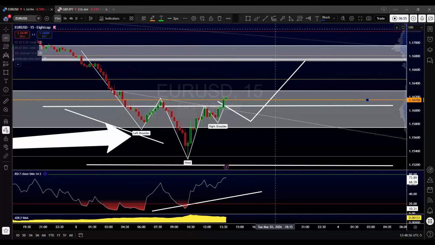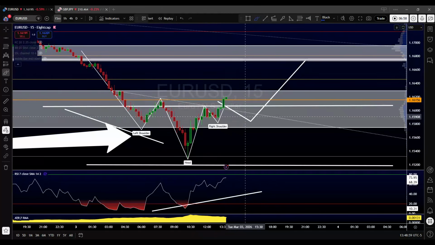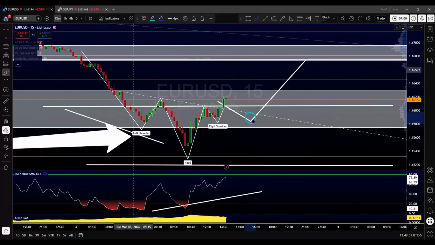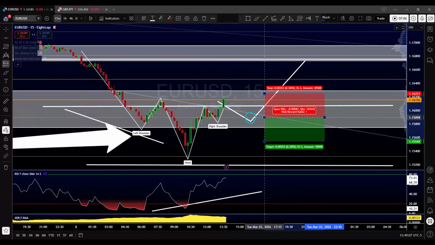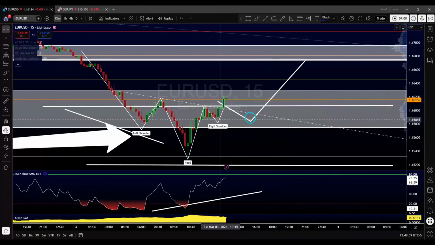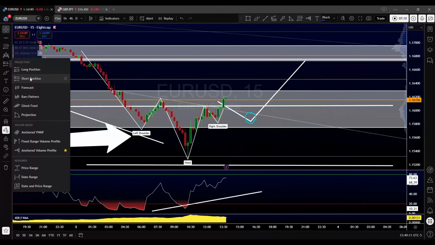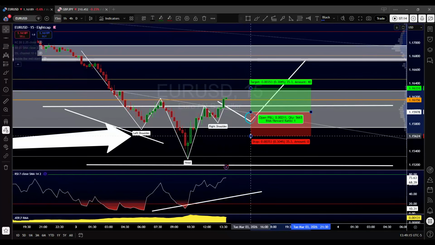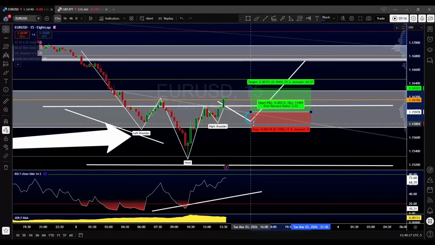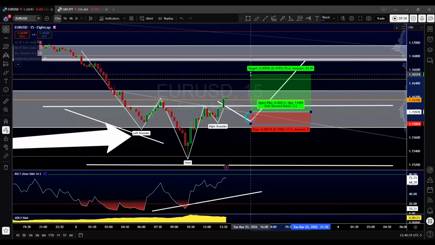So if price action were to do the thing that I just spoke about, retrace here, this can give you an opportunity to still get involved in that move. And it's going to give you a much better risk profile because, again, no longer do your stops need to be all the way below the lows. Your stops can be below that right shoulder, and you can get yourself a pretty decent